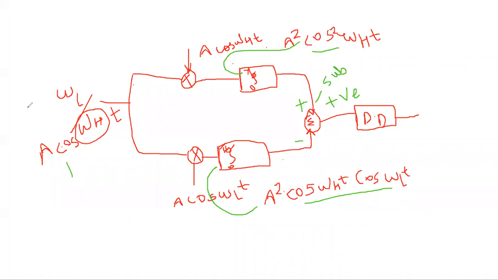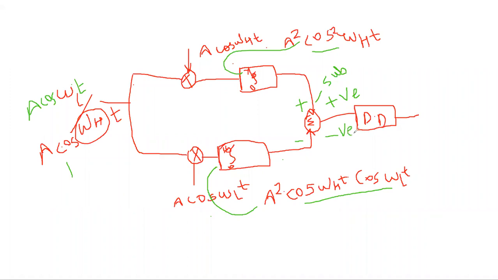Similarly, when the BFSK signal generated is for logic level 0, what will be there at the output? Input to your BFSK receiver will be cos of omega L t. So it will go in both the branches, and obviously there will be a square term in the lower branch and a multiplied term in the upper branch. So now the negative component, the lower branch component at the output of the integrator, will be greater than the positive component, and the output of the subtractor will be negative.